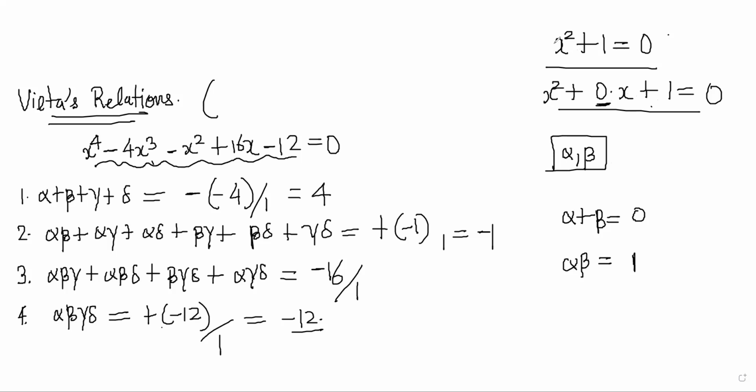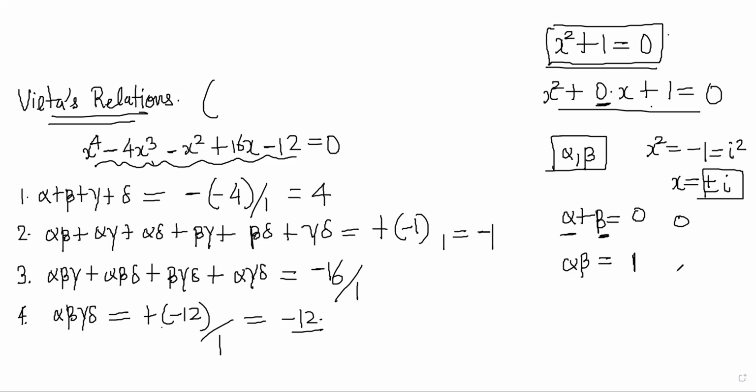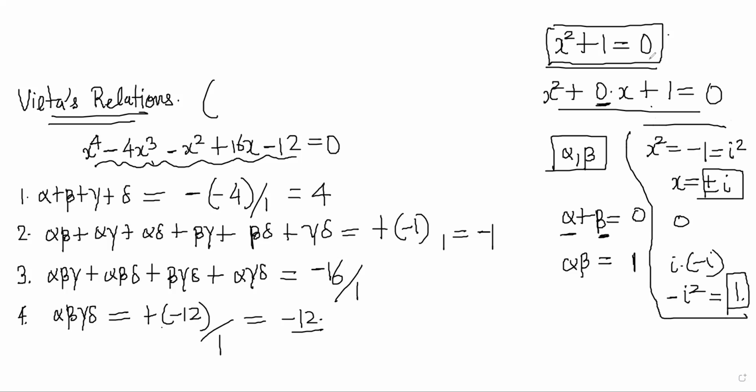Correct. Now, actually, when you do complex numbers, the roots of x square is equal to minus 1. Minus 1 can be written as i square, and x will be plus or minus i. So one root is i, one root is minus i. Right now, you don't know that, but it's fine. So i plus minus i will be 0, and i into minus i will be minus i square, and i square is minus 1. Therefore, this is 1. So it is even true for complex roots. Right now, you don't know it, but don't worry about it. This relation will always be true for any equation, as long as you are writing the relations correctly.